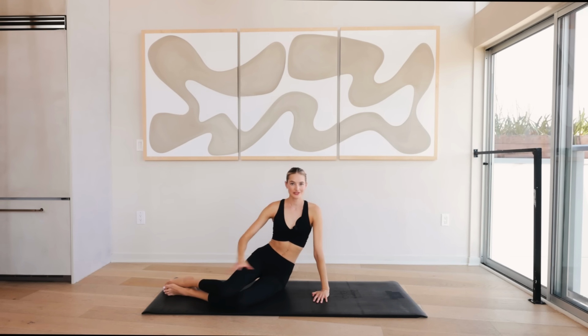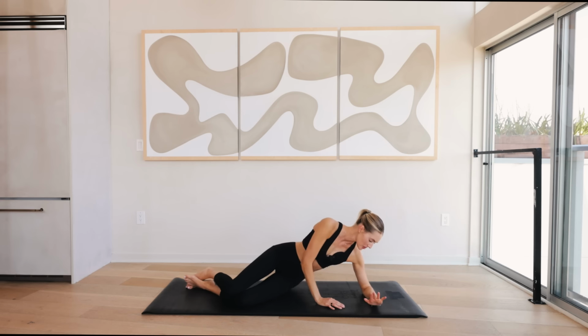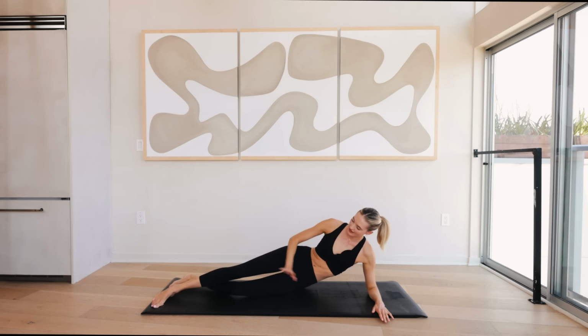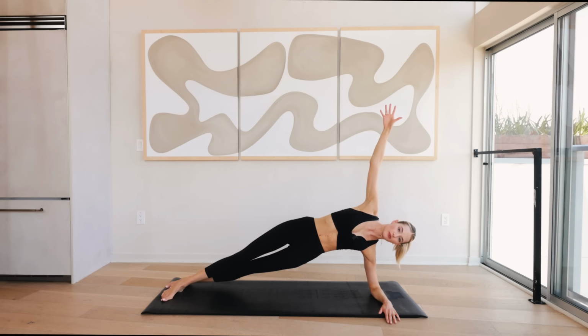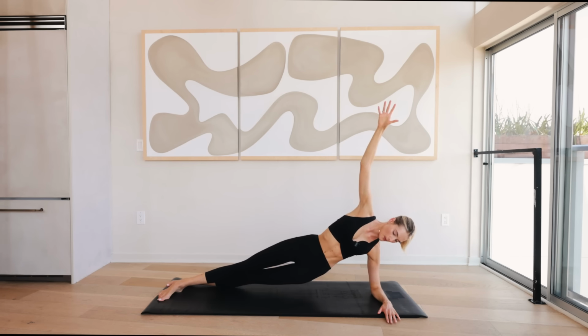Coming into a couple of side planks, really using that side, waist, core, abdominals, everything targeting to here today. So place that left elbow onto the ground, that right knee comes in front of the left one, and reach that arm up to the sky. Coming into our hip dips right here for 10, 9, 8,